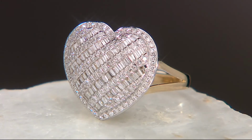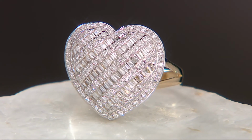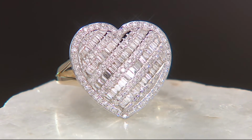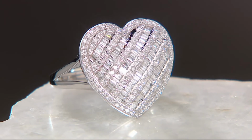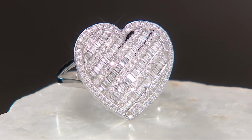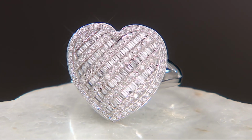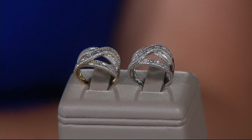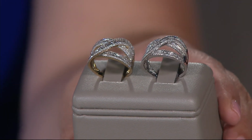And then, still to come, we have a one-day only for you. It's a wow. It is this gorgeous baguette and round diamond heart-shaped ring, all 14 karat gold, 1 full carat, 6 easy payments. That is coming up in just a little bit. But before we get there, this is some ring, isn't it? This is one highway I wouldn't mind getting stuck in a traffic jam on. Wow. Are you ready? Because seeing it like that